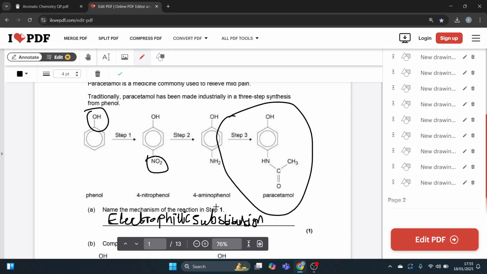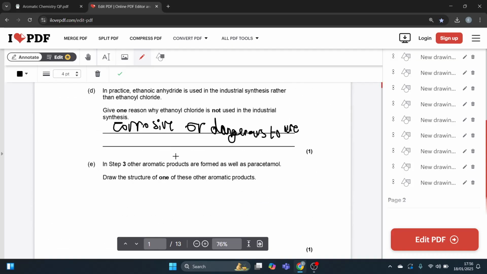Well, I guess this NH2, you could also have an NH2, so it'd be like